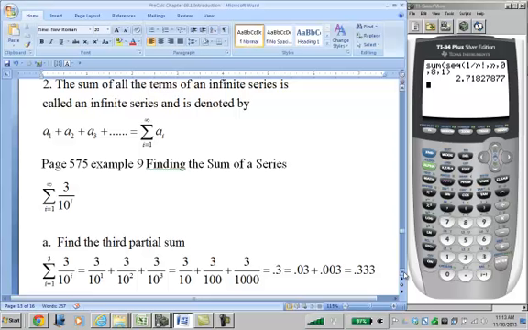So we have the sum of 3 over 10 to the i. Now this goes to infinity, so we're going to deal with that a little bit later. Now find the third partial sum. That would be i equals 1 to 3 of 3 over 10 to the i. So it's 3 over 10 plus 3 over 100 plus 3 over 1,000,